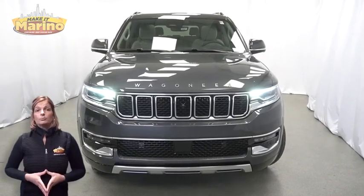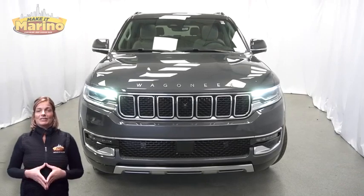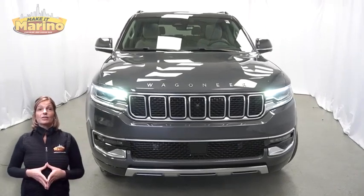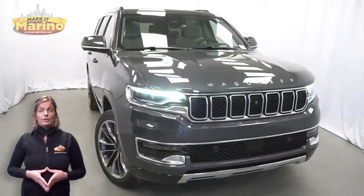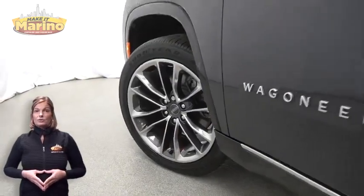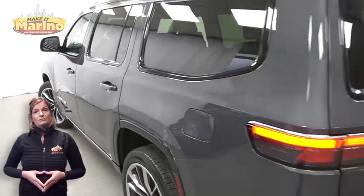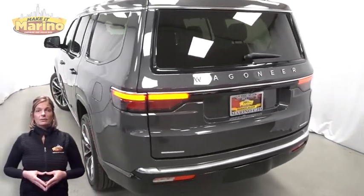Looking for a highly equipped SUV with all the right options and reliability? We'll take a look at this 2022 Jeep Wagoneer Series 3 in Baltic Gray. With bi-xenon HID headlamps, premium fog lamps, 22-inch aluminum wheels, blind spot and crosspath detection, LED tail lamps, heated and